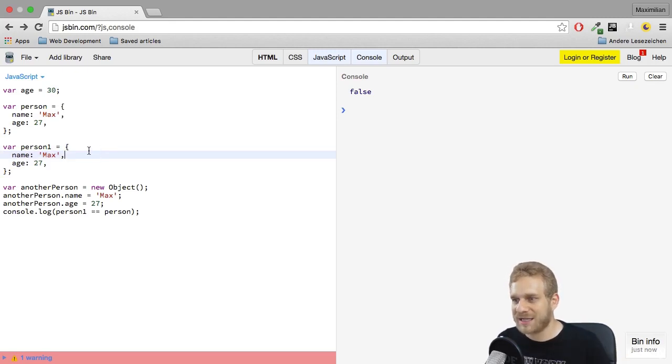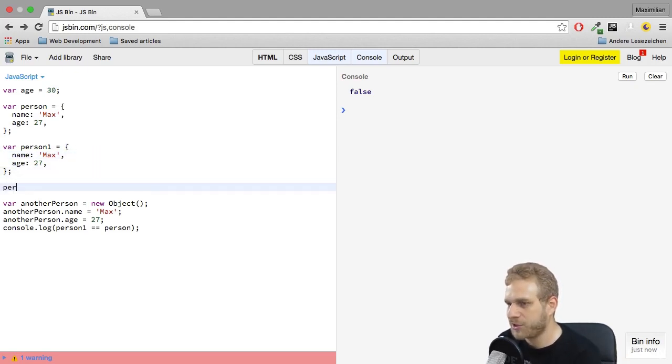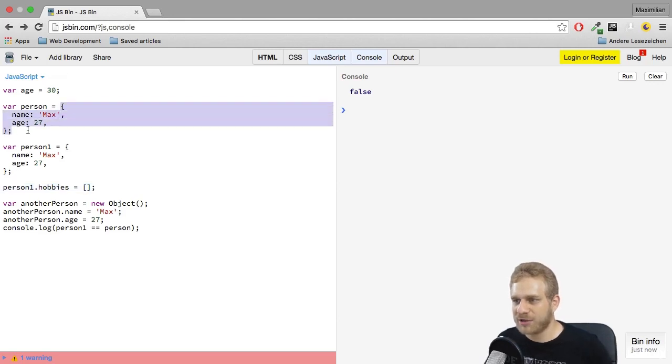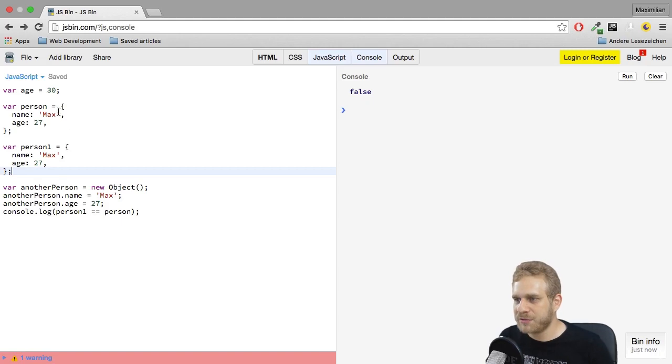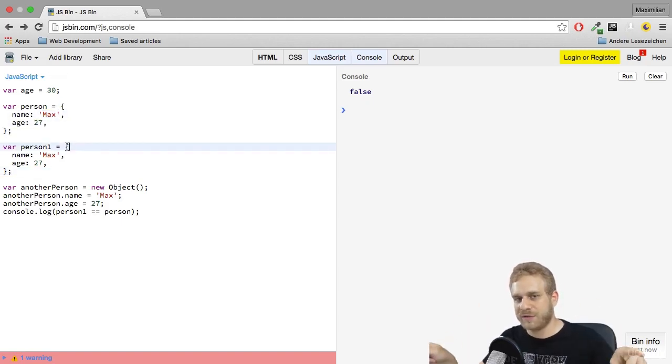And it's good that it doesn't, because imagine we were to add a field here to this object. All of a sudden it wouldn't be the same anymore and we would change this object too, even though it has no relation to it. So it's a good thing that we have two different places in memory to store it. So therefore we have two different places in memory and we got two different pointers pointing to different places in